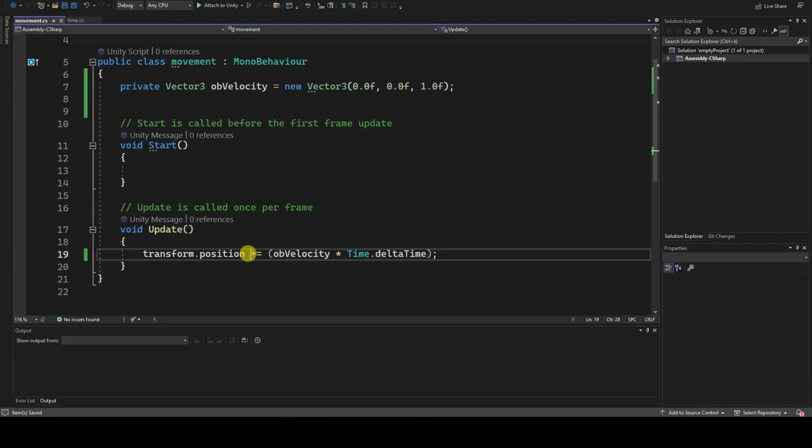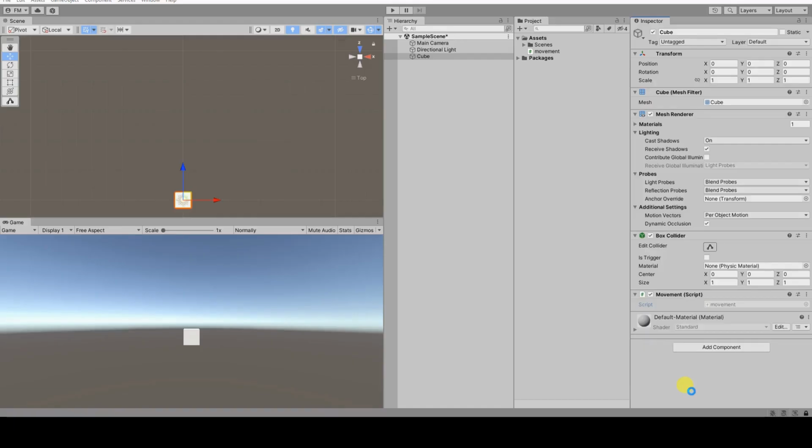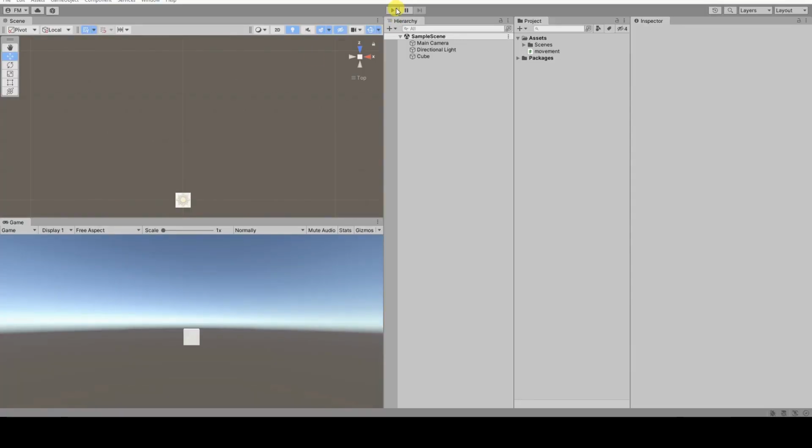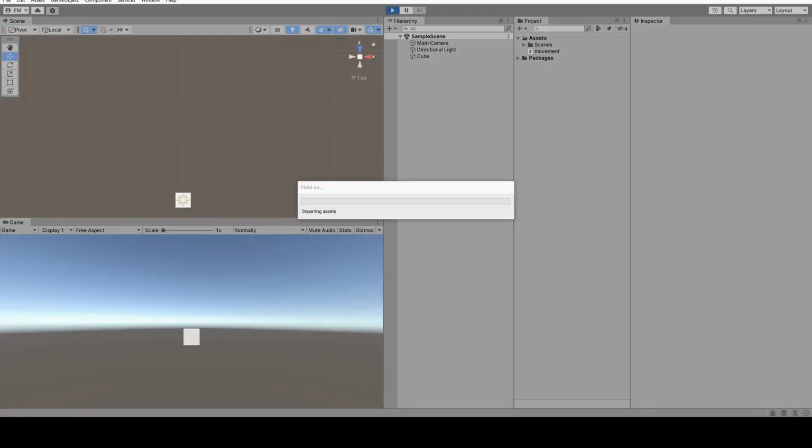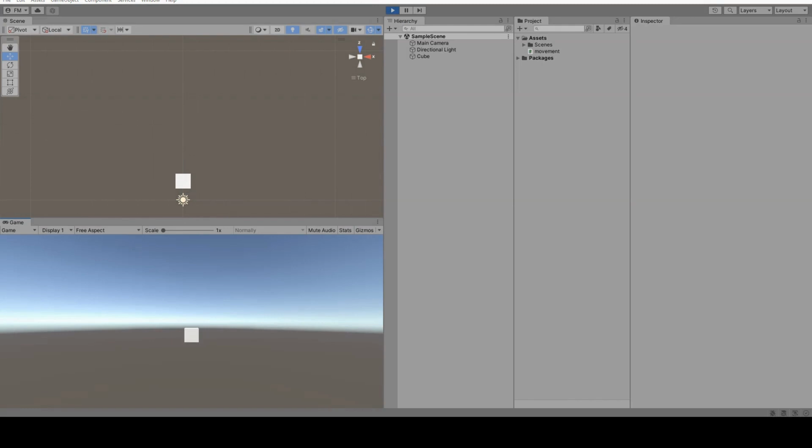Save the script, return to the Unity editor and observe the result. The object moves linearly, maintaining a speed of 1 unit of the scene per second. In conclusion, to move an object at a certain speed expressed as scene units per second, set this speed in a variable and, inside the Update function, multiply it by time.deltaTime, as I showed you earlier.